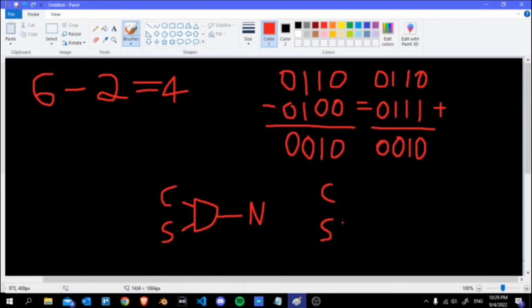So we would then just use a NOT gate and an AND gate, and we would know whether or not our carry is actually there or not. And so essentially this process can be used to